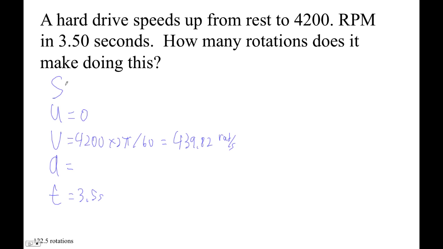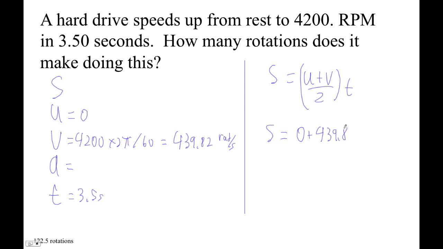And then we want S, so we would use no A, correct? Aha, okay, I've got it now. So the no A is S is U plus V over 2 times T, right? So S is equal to 0 plus 439.82 over 2 times 3.5. Okay, so take the number that's on my calculator, divide by 2, multiply by 3.5. I mean, it's 769.69